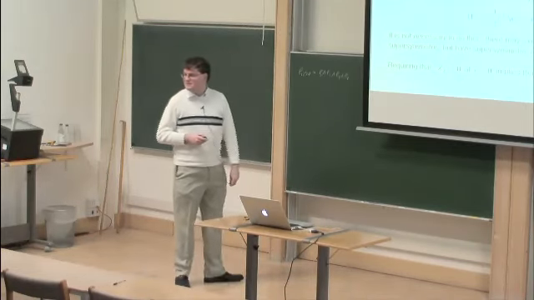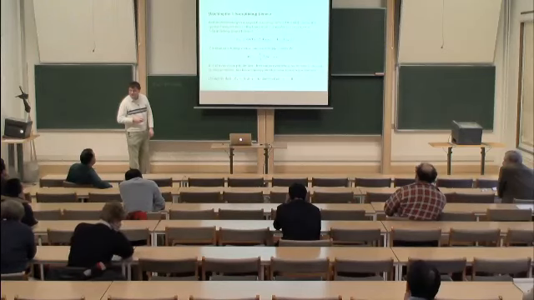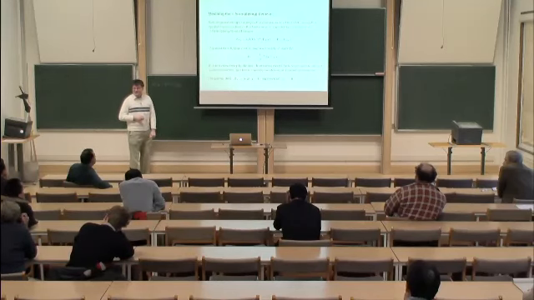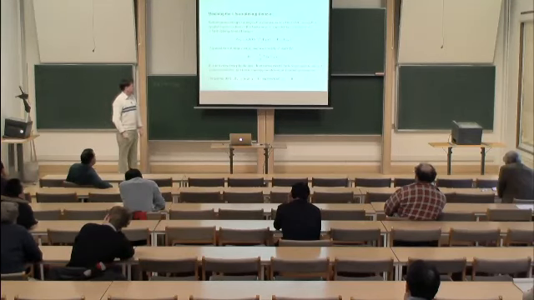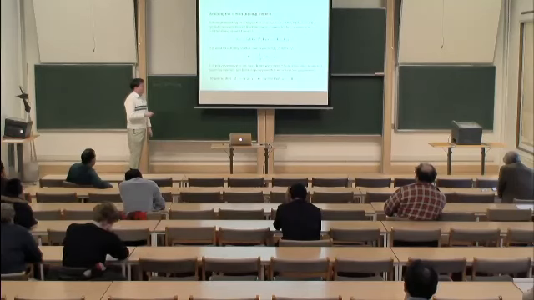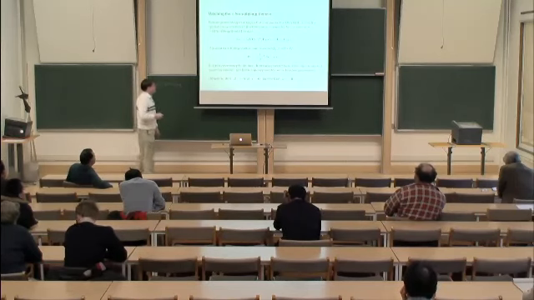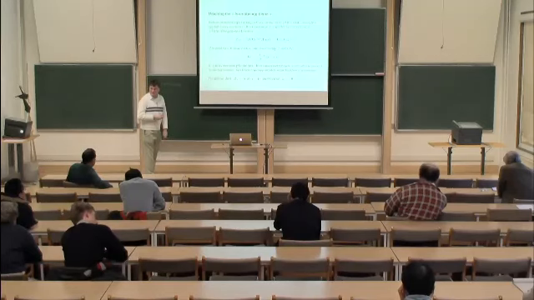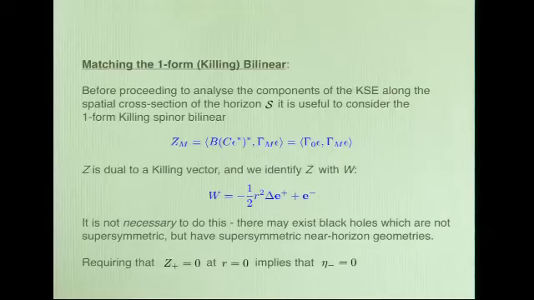Your Killing vector is null? The Killing vector W is generically time-like outside. It becomes null on the horizon. So it has directions in both the E plus and the E minus directions. W squared, however, is proportional to R squared, so it becomes null when R is equal to 0. So that's what W is in the light cone basis, and we want to compute what Z is